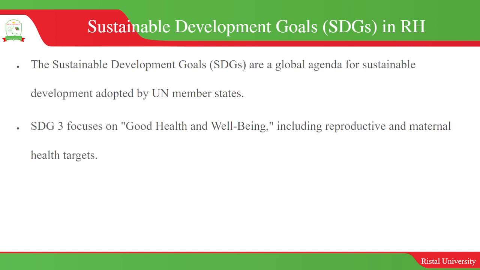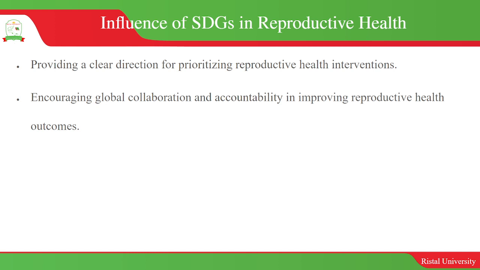So the SDGs have targets, and these targets basically emphasize that the member countries of the UN should make sure that they attain those targets by 2030. Okay, it's very important that the countries prioritize reproductive health in their programming to make sure that they can achieve the reproductive health targets that are associated with